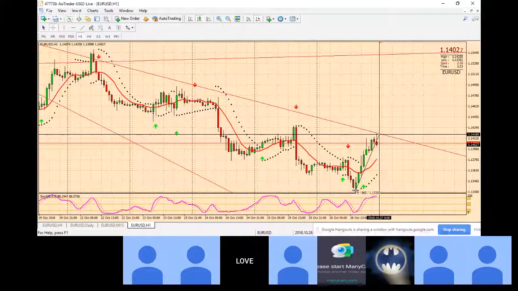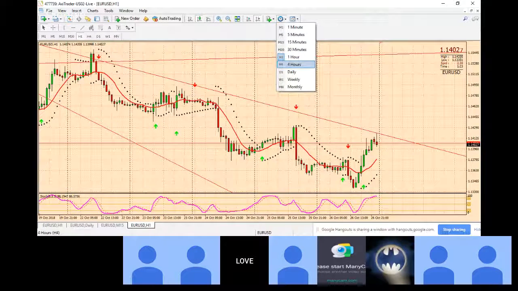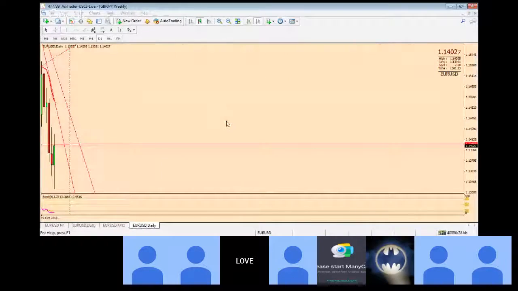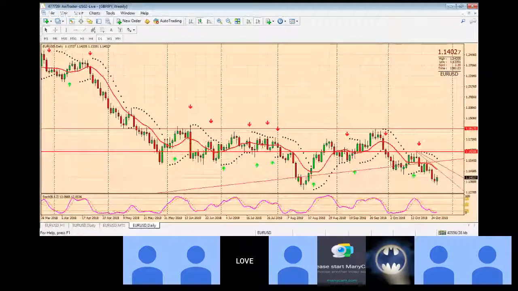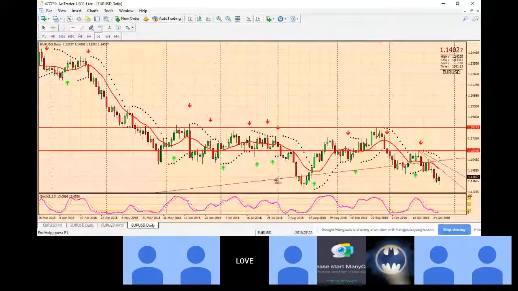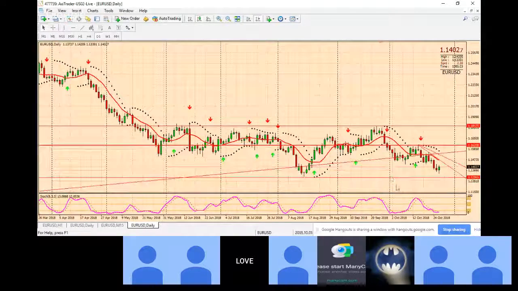Or let's go to daily. This is where most likely we could see. I will be having my stop loss just below this level here, because this is the next level it could possibly come and test. The stop loss has got to be just below 112. Yeah, stop loss has to be below 1295. Just below 1295. I will be looking to take a long position on Euro USD, because this is what